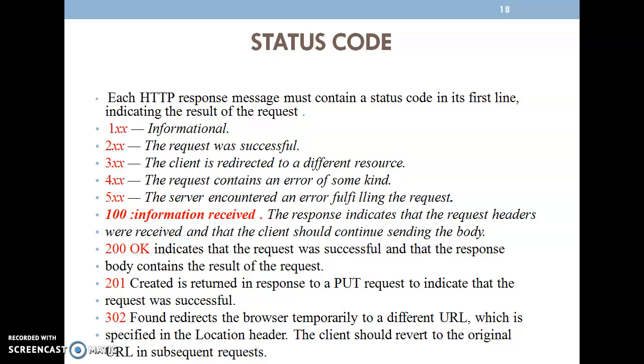Then 302. Whenever the status code starts with 3, it indicates that the information you are asking for is not available in the server, so that URL will be given to some other proxy server. In the proxy server, your URL has been redirected. From that, you are going to get the data. That is, we obtain data not from the dedicated server, but from the proxy server.